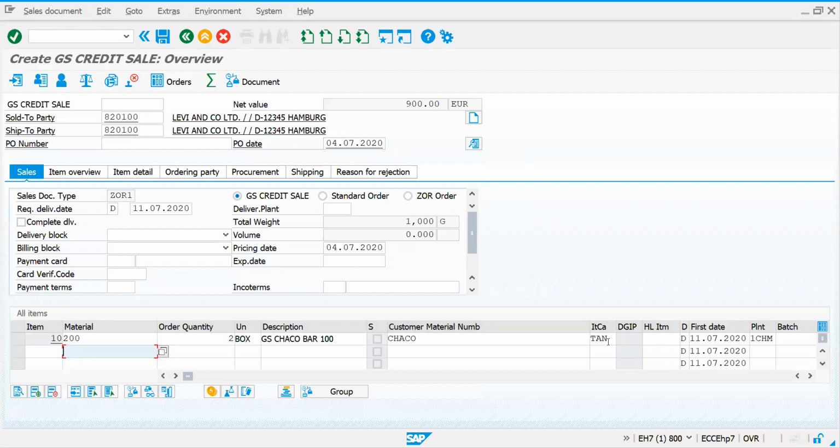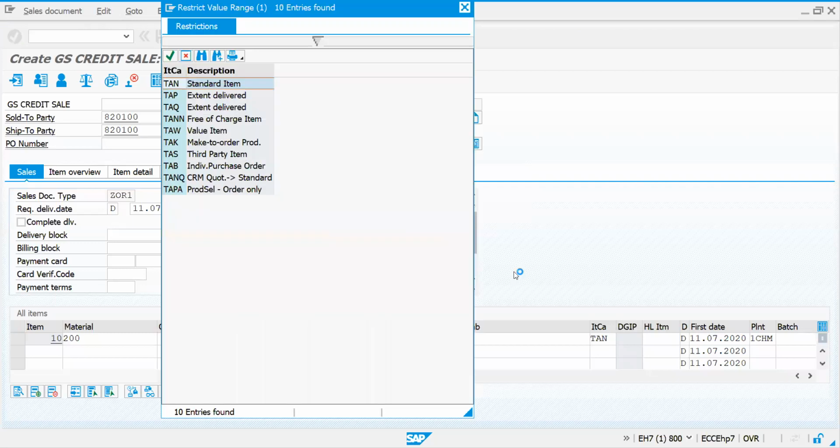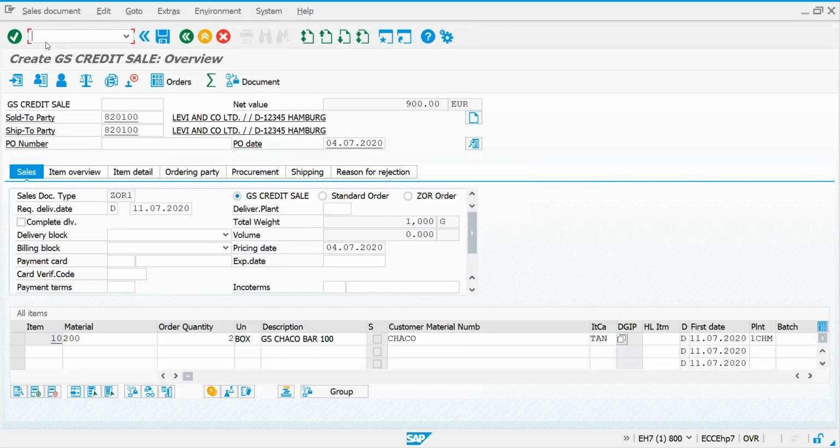See, now you got to know, based on our previous class, how item category will be determined. You got it, right? Yes. Let me show you one thing.